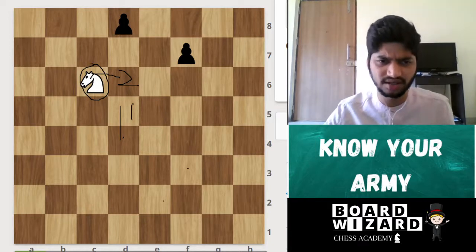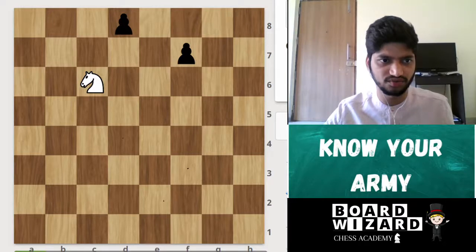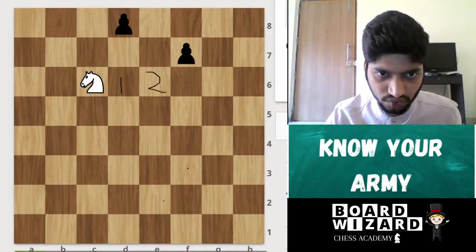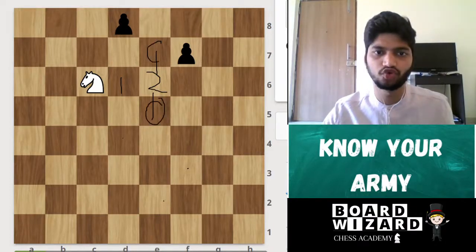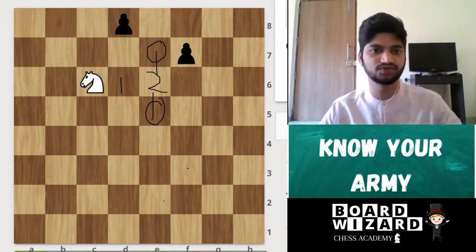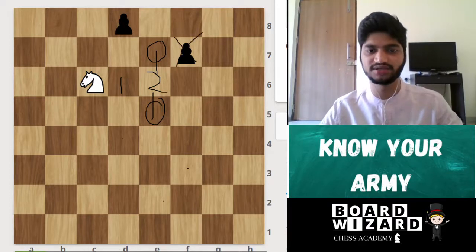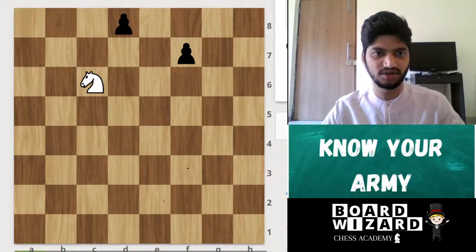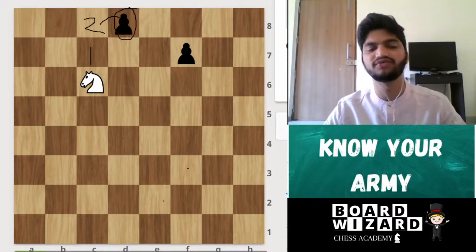Now can he kill the other pawn? Let's see. Let's try to go in the right direction. 1, 2, up and down. No one is standing there, so he can't go and kill this pawn right now. Let's try in the up direction. So 1, 2 and 2.5.